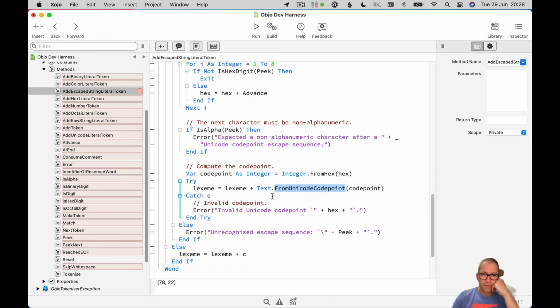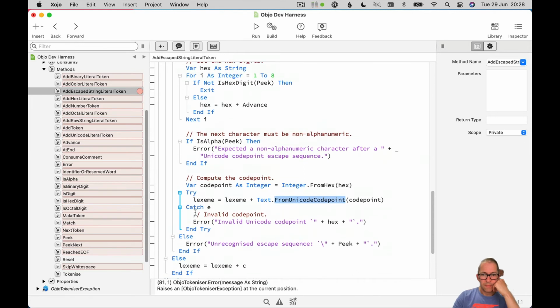it works, it's fine. If something goes wrong, so if this code point that we've created and passed to this method is not valid, then we'll get an error. The framework will throw an error, and we'll catch that, because that must mean there's an invalid code point. And so we'll just throw that as an error. Otherwise, we've got this else here. Oh yes, otherwise we're done with Unicode